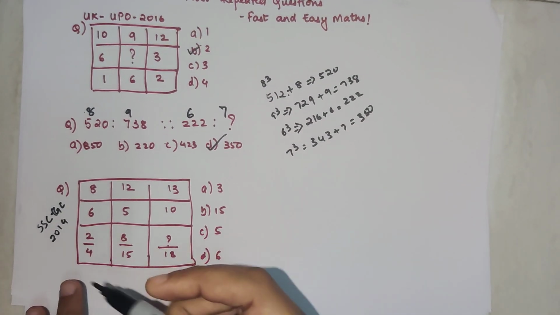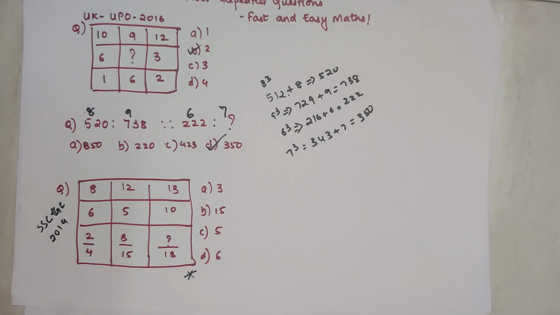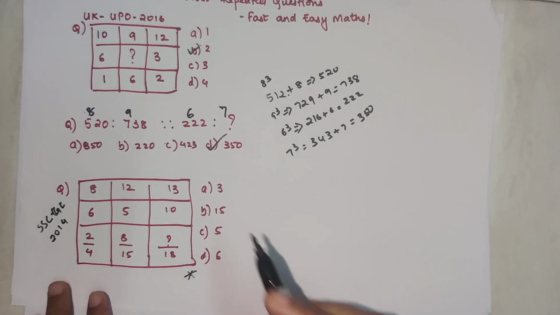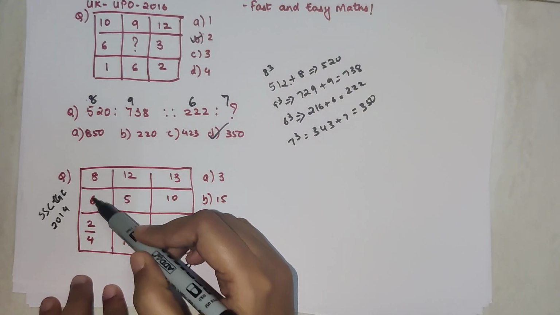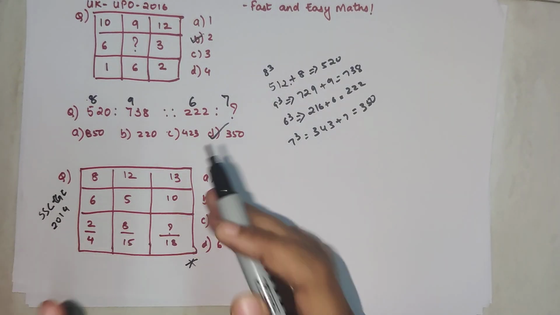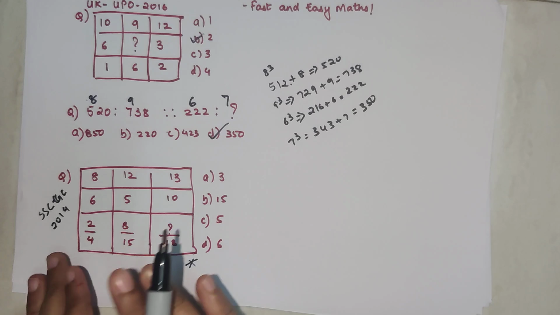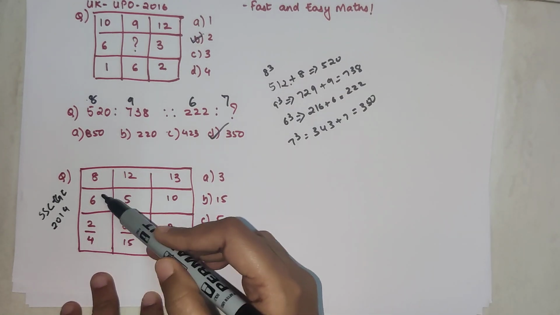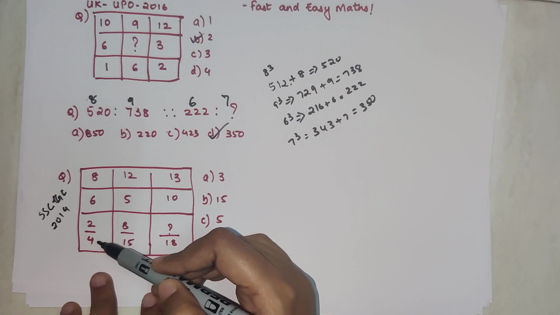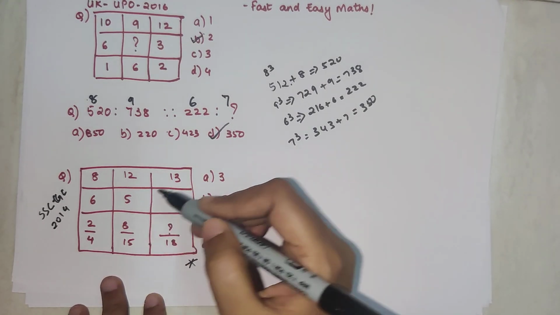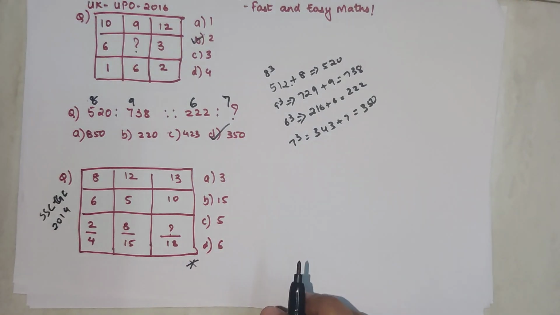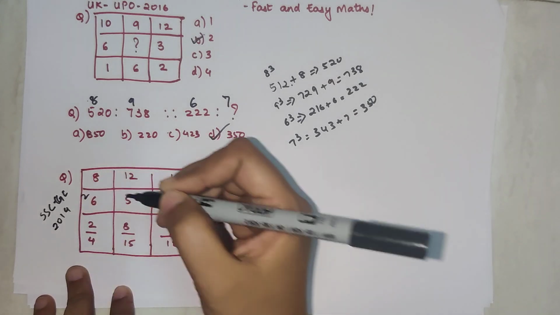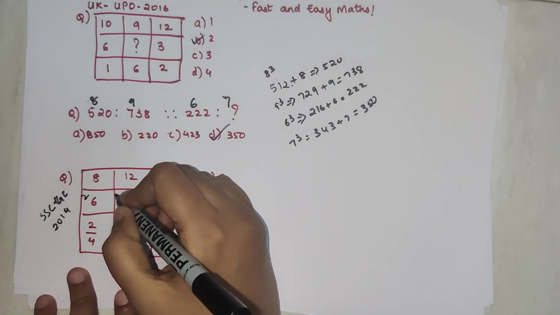So now coming to this one, like I said, this was quite a tricky one. It took me also like 30 seconds to solve this one. So we have 8 and 6, and this is a fraction. Understand, when you have something like this, we are not going to consider the fractions. We are trying to find the relation over here and see if it works over here as well. So now we have 12 and 5, 13 and 2, 13 and 10. First thing, we'll do the difference, which is 2. Here the difference is 7.